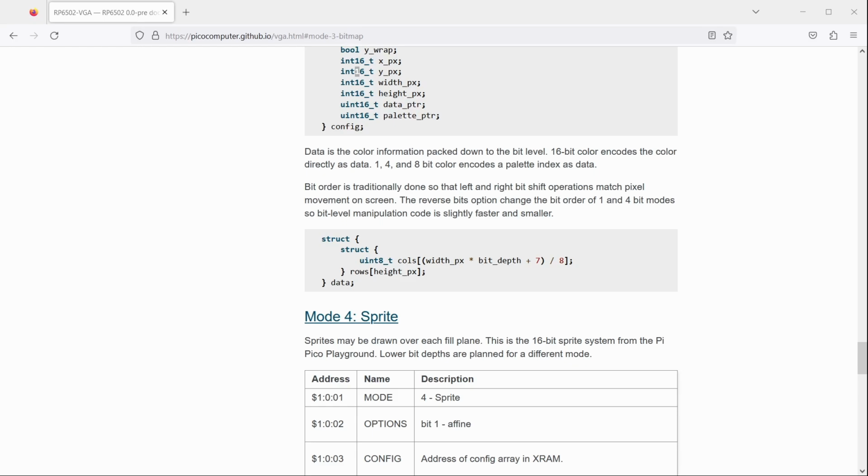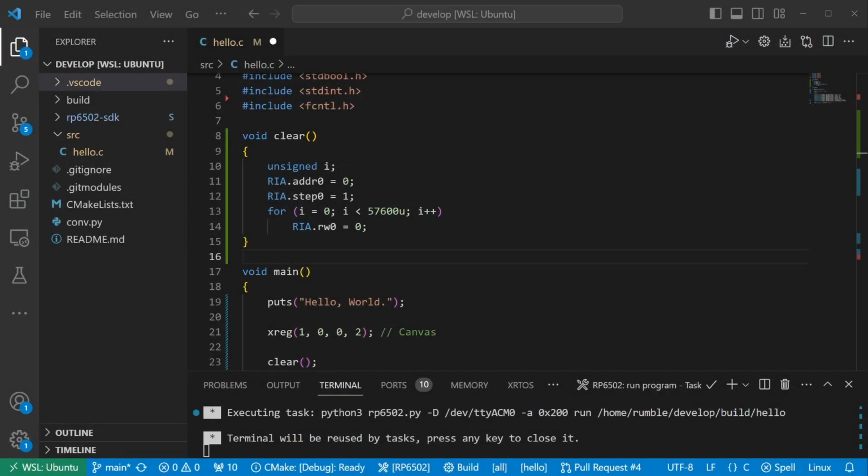So now we should draw something in the data area. We selected 2 for the options, which is 8-bit color, so the data is a simple array of bytes without any bit packing. Our 320 by 180 canvas has its data in 180 rows of 320 bytes. 1 byte per pixel is as simple as it gets. So let's draw some boxes.